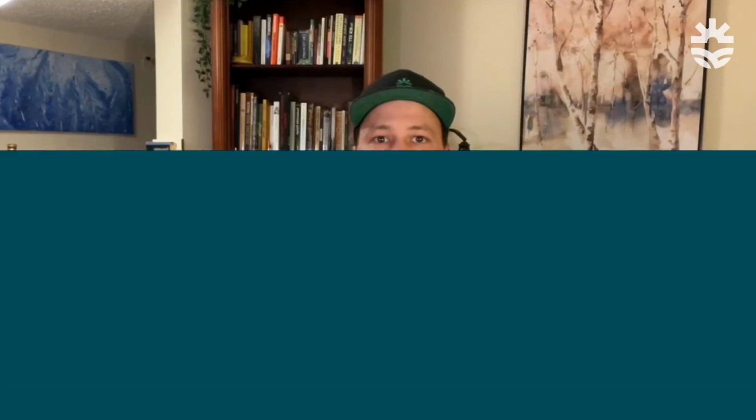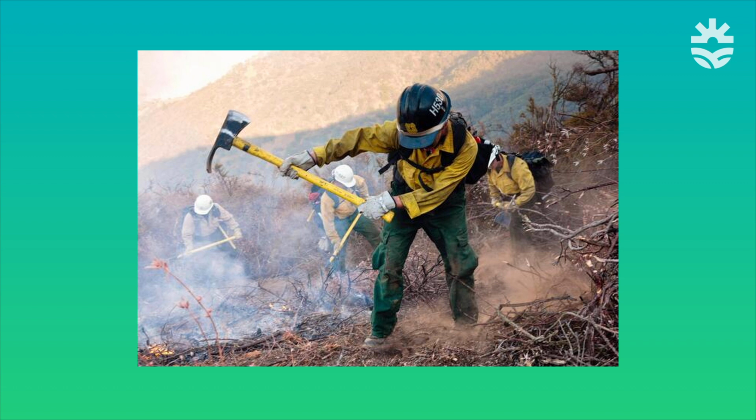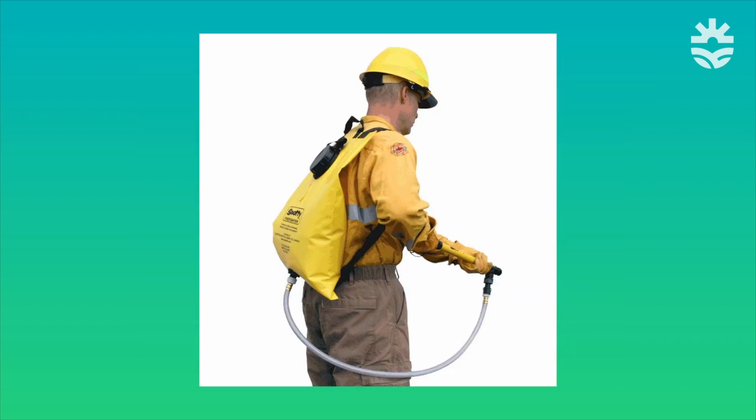Second, preparedness is huge during the fire season. So, having basic tools and suppression systems on hand in case a small fire starts is key. Time is everything with a fire. For instance, all farm vehicles should have a Pulaski or shovel as well as a backpack water pump with them during the fire season. This was part of the reason that the local ranch fires here in Kamloops didn't get